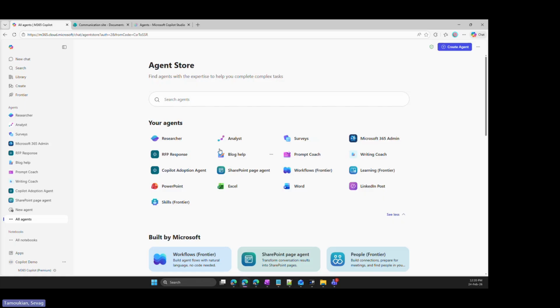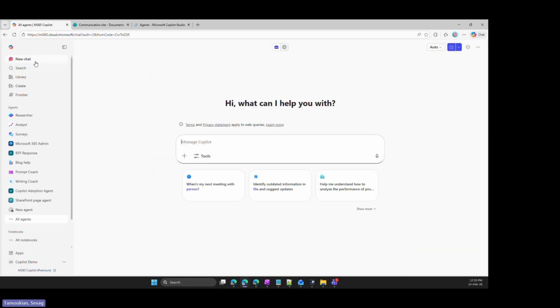Things like researcher and analyst, right? Researcher: if I want to research a product, but not just at a very high level, I want to do a deep research of some complex subject I'm working on, I won't just ask it in new chat.